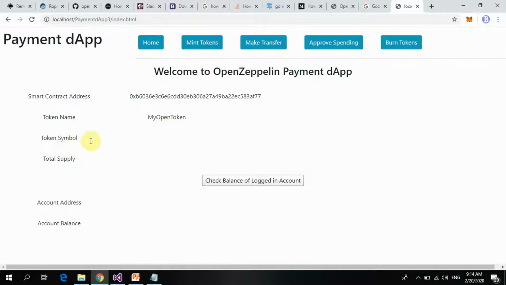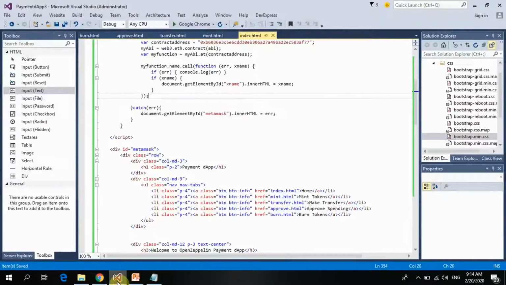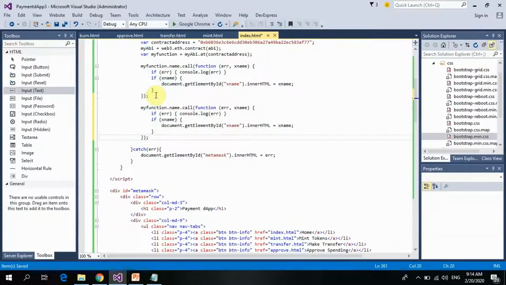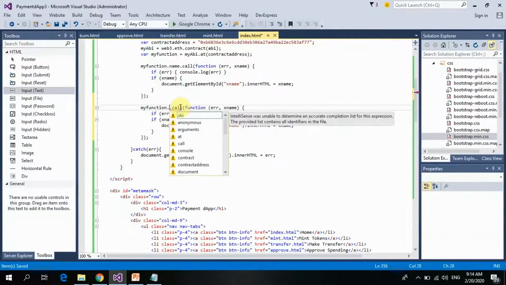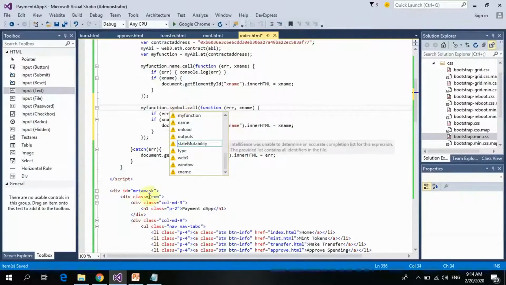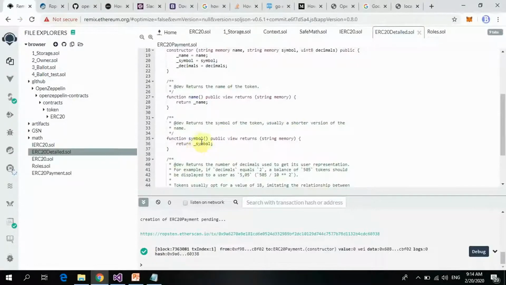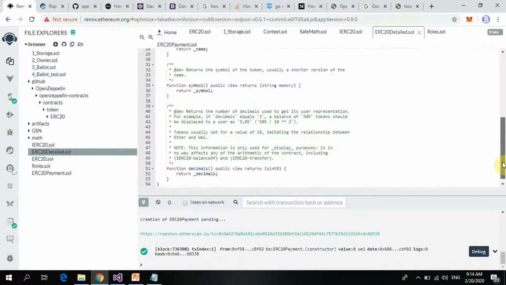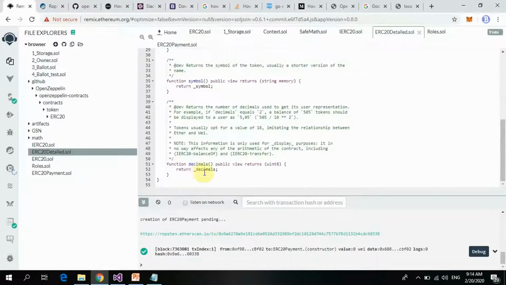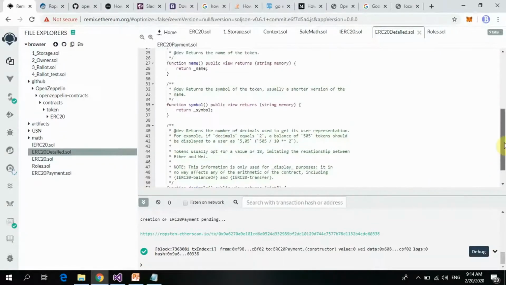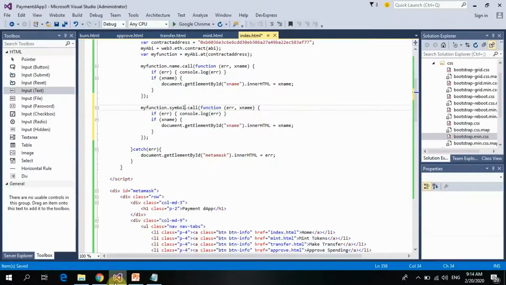So using a similar fashion, we can get the token symbol and total supply. To quickly do that, I just copy this whole function and paste it here, and then change a few things, like the name. What I want is symbol, so I can just say symbol, because if you look, we have a function called symbol that returns a symbol. We have a function called decimal that returns the decimal, if we want to return the decimal. Okay, good. So symbol, and then I believe we have a